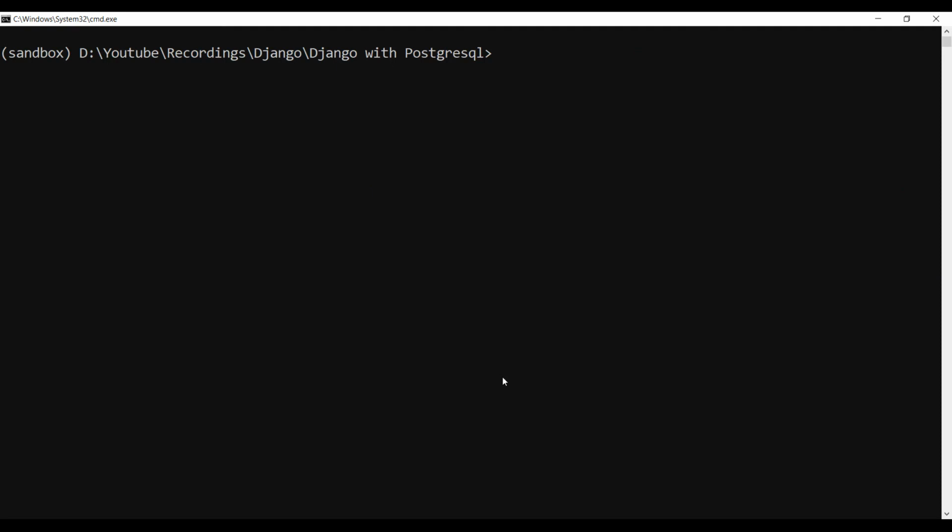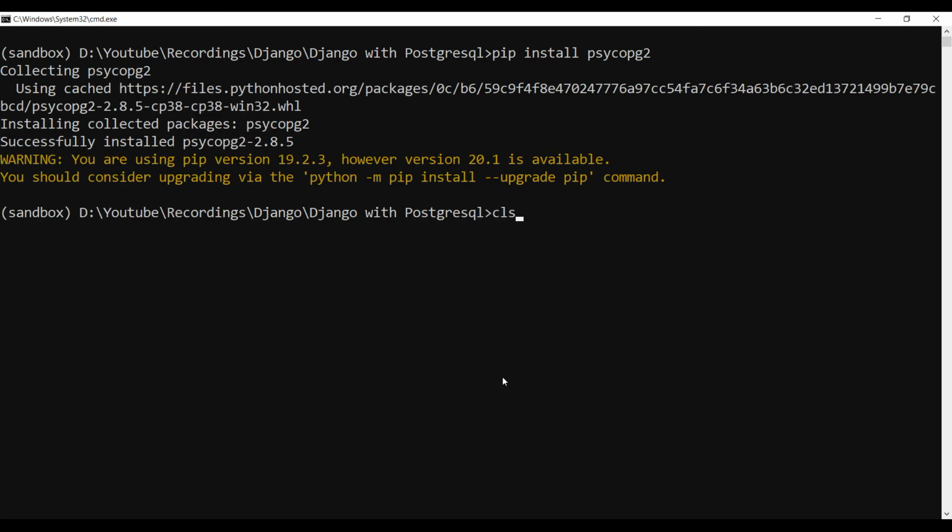Now, since I'll be working with PostgreSQL, I have to install one of the drivers that we will use. That is pip install psycopg2. Okay, so that is also done.